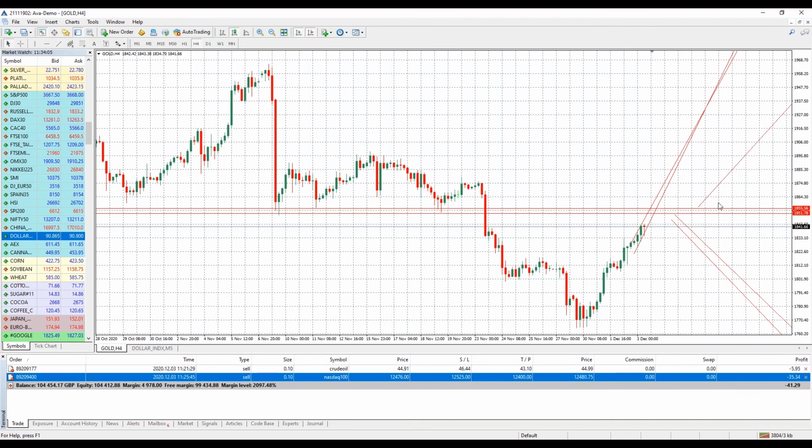here. Because if it breaks through this resistance, then it could be on its way up to the next resistance level here. So if it gets here and you sell, you're in on a sell limit. Great. Take your profit down here at the next support level. If it initiates your sell limit but breaks through the resistance and hits your stop loss, you could have a buy stop pending order ready to go for it to go up to the next resistance level and take your profit up here at the next price level.